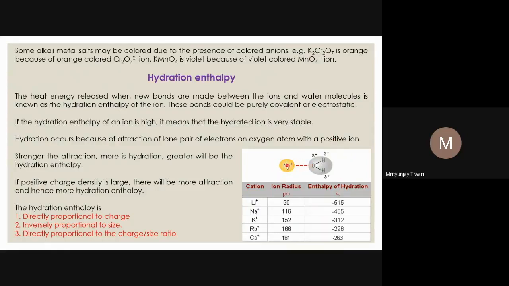However, let me also say one thing. Na plus has a vacant orbital, and oxygen has a lone pair, so they come closer. If you look at the distance, it comes to around 1.84 angstrom. Don't confuse this with the ionic radius. I am saying the distance between Na plus and O. This is around 1.84, a distance where some covalent character will also be there. Some orbital overlap will also be there, so we see certain covalent character here as well.